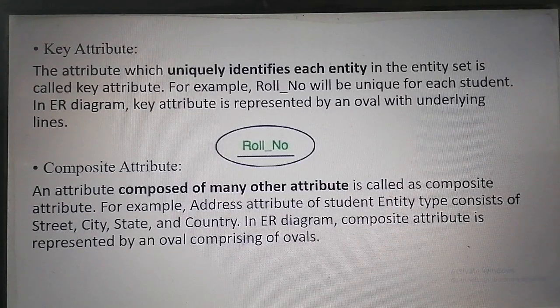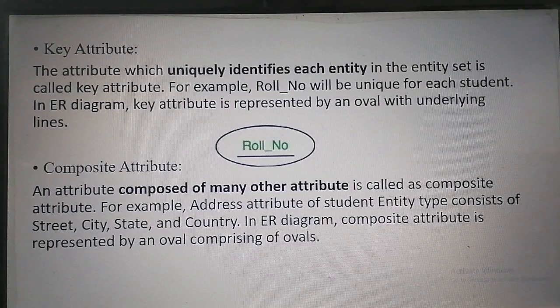In an ER diagram we can represent a key attribute by the help of an ellipse, and we mark an underline. As you can see here, roll number is an attribute and it is represented by an ellipse. Since it is a key attribute, I have underlined the roll number.